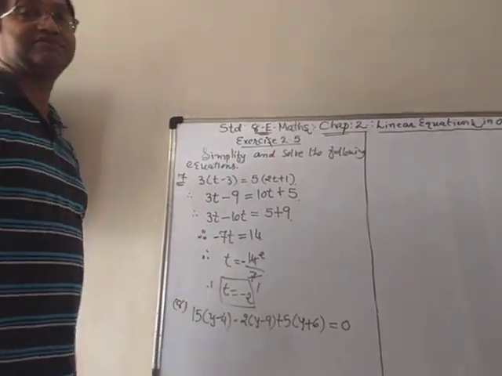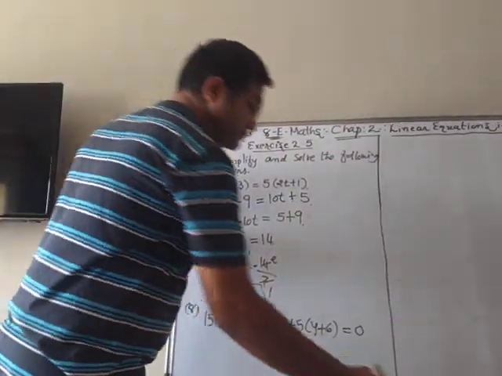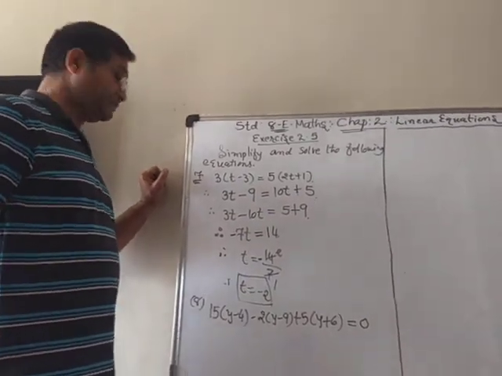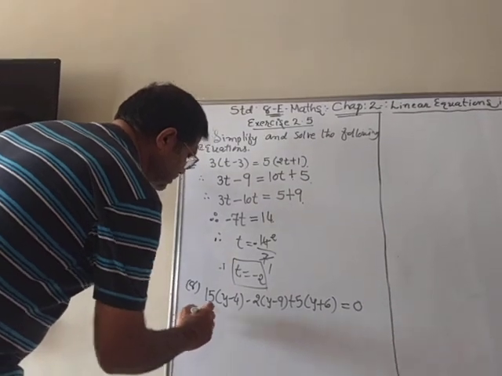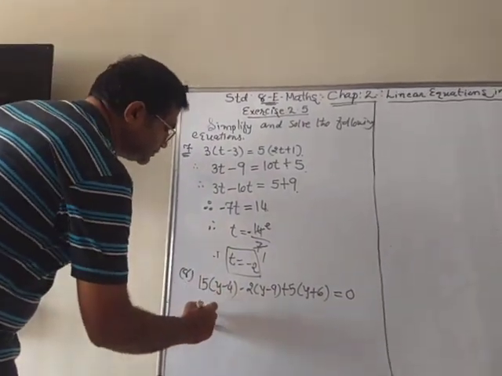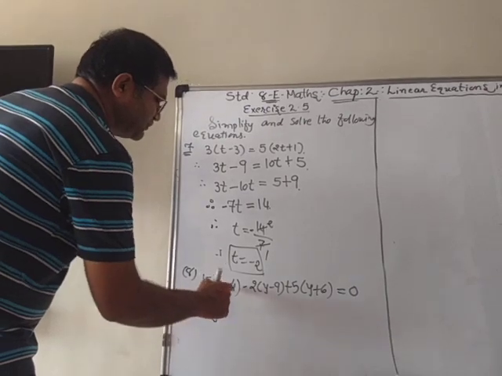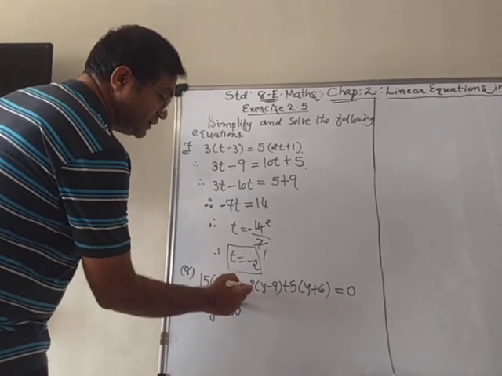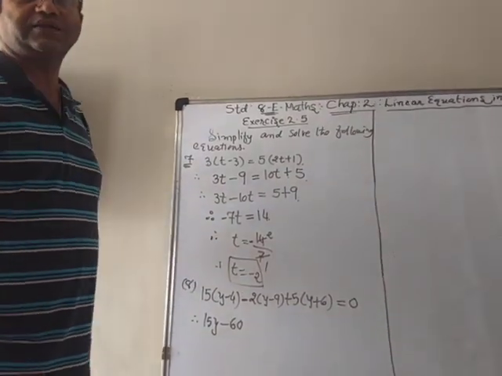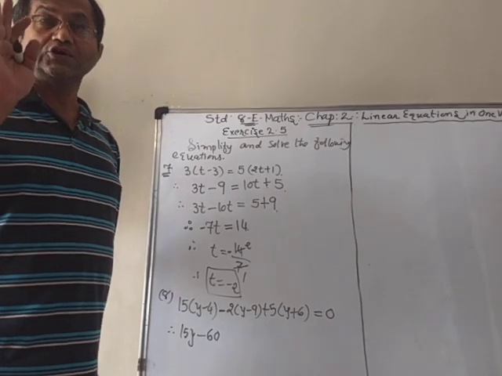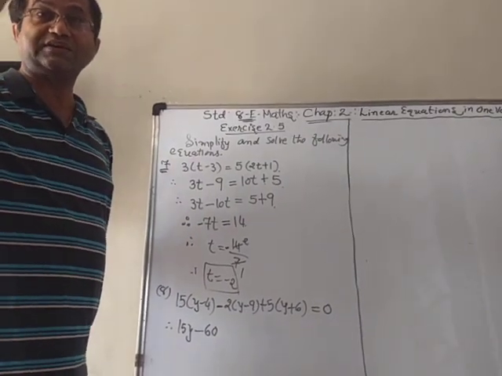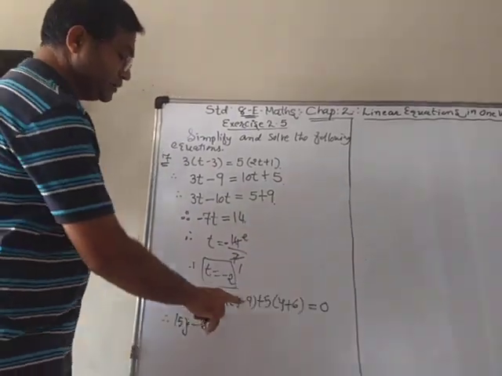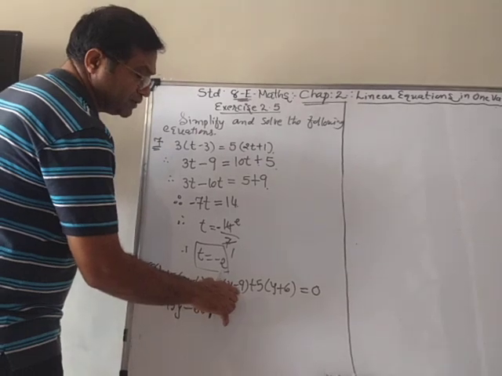Here everything is on the LHS. So one by one, we just have to open the bracket, then arrange them. So here we get by distributivity 15y minus 15 fours are 60. But here there is a danger again. Why? Minus sign. When there is a minus sign, you must remember the operation theatre. There is a red light outside. If you make a mistake, the patient will die. So here you must not make a mistake. You have to change the signs.